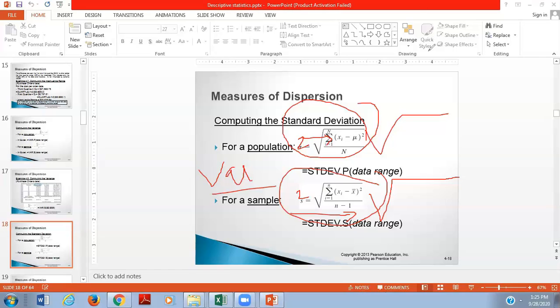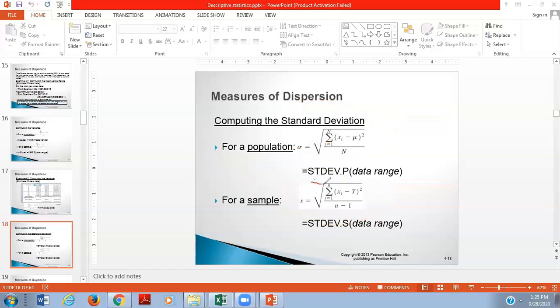Right. And what happened here? Everything is the same. The formula I have used here is STDEV.P for population, and then we have to select the data range, and for STDEV.S also we select the data range. Right. So that is the major concept here that we have to understand. It's a square root. Okay. Now again, what we should do? We have to go for the same thing. The only difference is we have to take the square root of all these things. Okay.